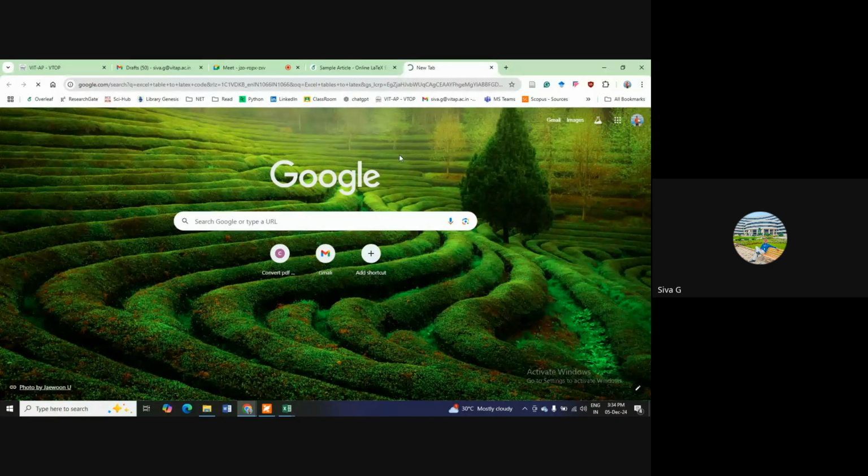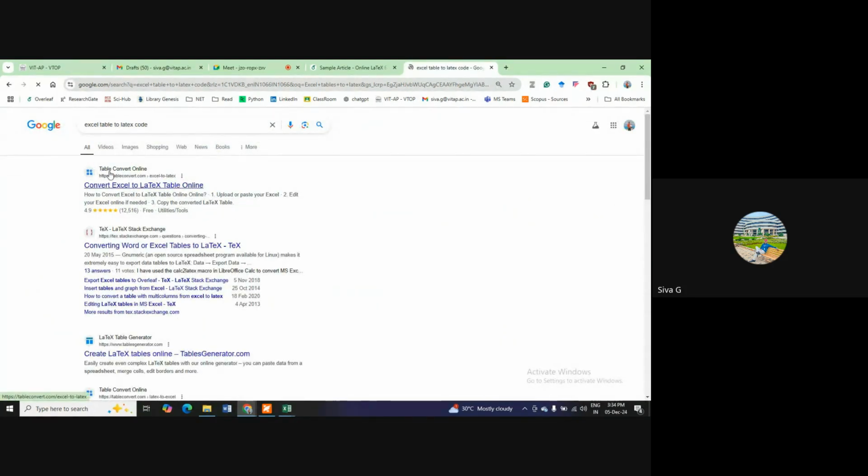You can use any website. It's loading. Yes, first you can do a table convert online: convert Excel to LaTeX table online. If I click this one,